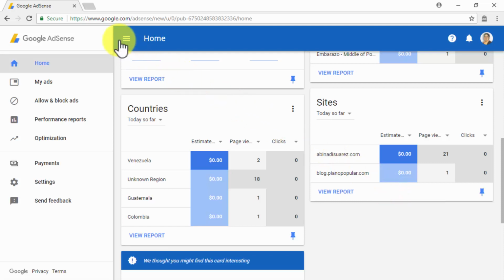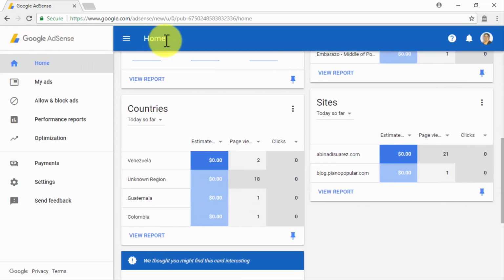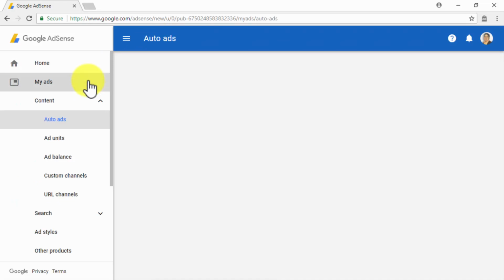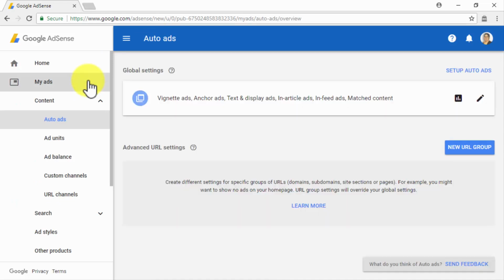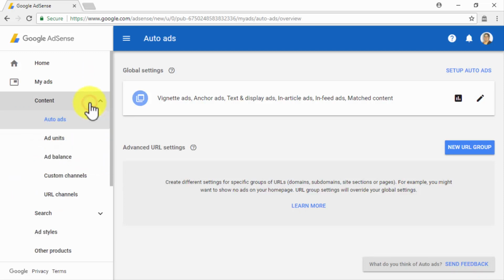Now to access other sections in your AdSense account, you will simply have to click on the collapsible menu located in the top left corner. Let's start from top to bottom by clicking on the My Ads tab. Here you will find 3 subsections: Content, Ad Styles, and Other Products. Let's start on the Content subsection, which is actually a drop-down menu that will lead you to your in-page ad